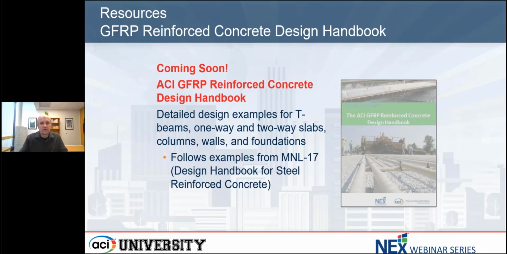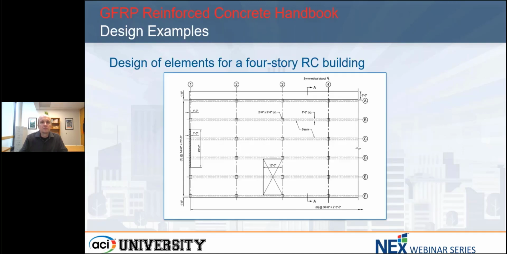This design manual is very similar to MNL 17, which is the design manual for steel reinforced concrete. And it just goes through some very detailed examples of using GFRP designed according to ACI 440.11. So some T-beam examples, one-way, two-way slabs, columns, and so forth. Similar to MNL